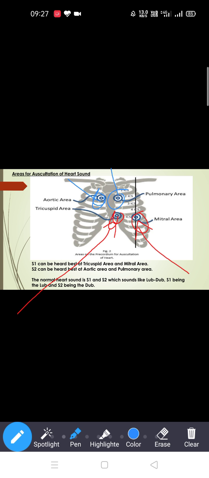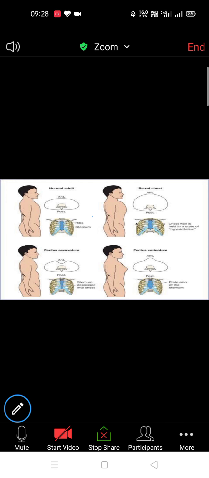So I'm going to repeat once. For the heart sounds, we have four sounds: S1, S2, S3, S4. Okay, S1 you will hear best in which area? In the tricuspid area, in the mitral area. That means it is in the fifth intercostal space. So this is about S1. And S2 you will hear best in the second intercostal space. That means pulmonary area and the aortic area. Okay, clear? Okay, then